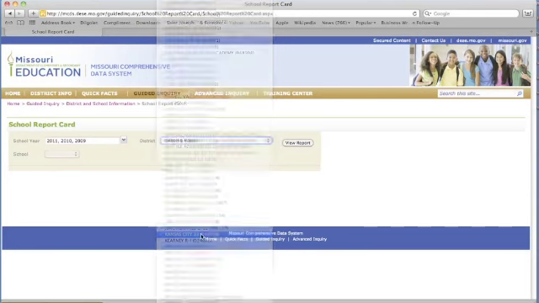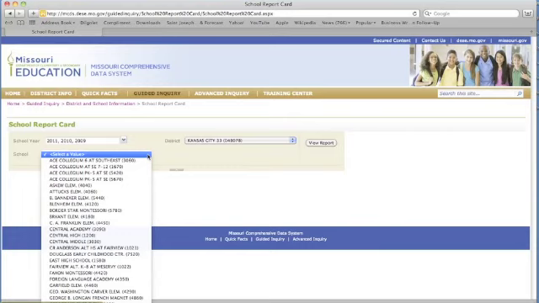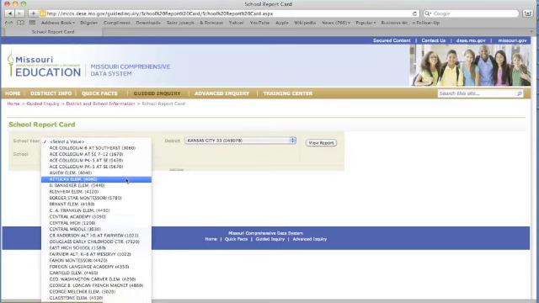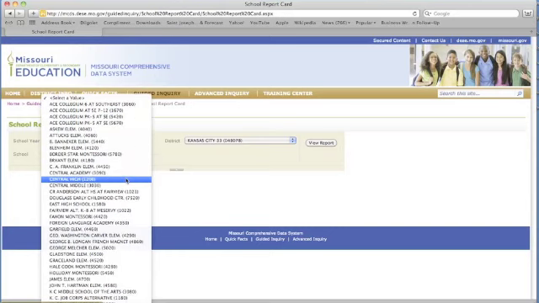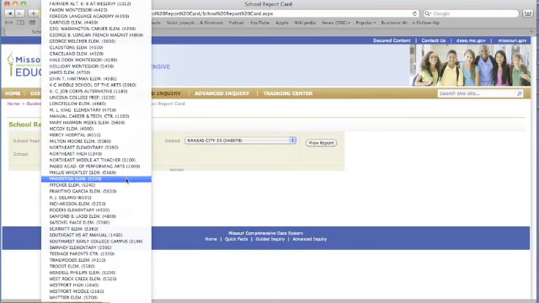Now, what we'll see after that populates is that the third window allows us to look at every school within the Kansas City, Missouri Public School District. And as I scroll down there, you can see that there's a lot of schools. But for purposes of today's demonstration, we're just going to look at one elementary school. Let's go ahead and pick, say, Troost Elementary School. Let's go down here and select Troost and click on that and allow it just a moment to populate,